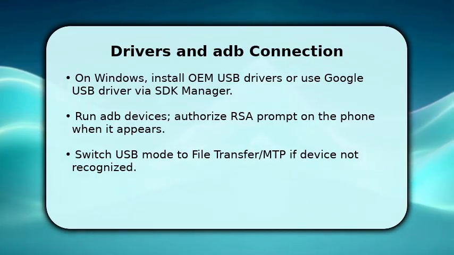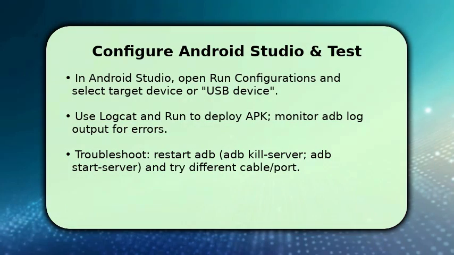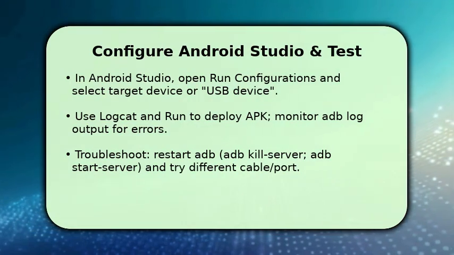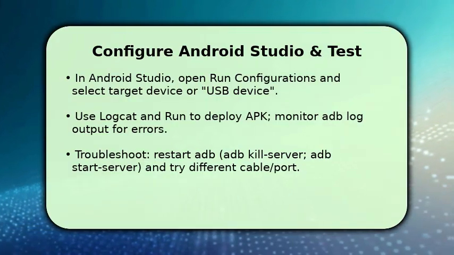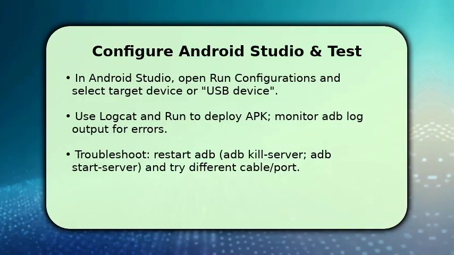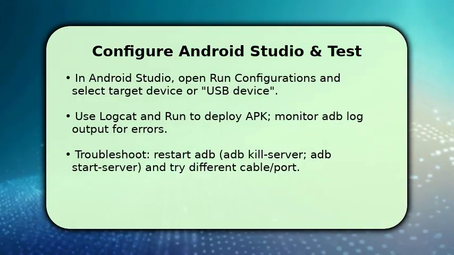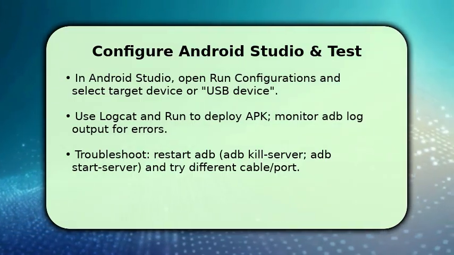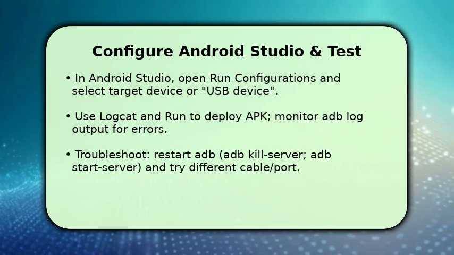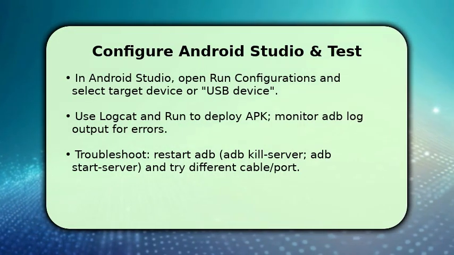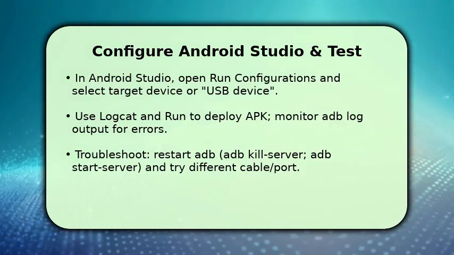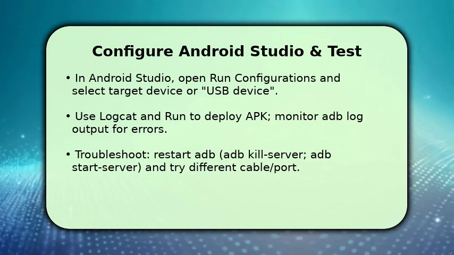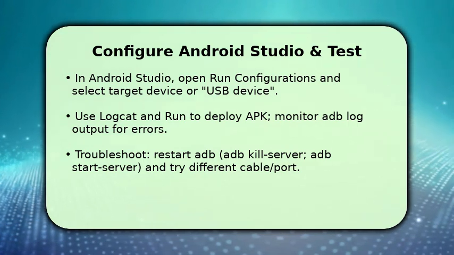You finish by configuring Android Studio and verifying deployment. Open Run Configurations, choose your app module, and pick the connected USB device. Then click Run to install the APK and watch Logcat for runtime messages. If installation fails, restart adb with adb kill-server and adb start-server, switch USB ports, or try another cable because intermittent hardware is a common culprit. Finally, reboot the device and the PC if needed. These simple restarts often